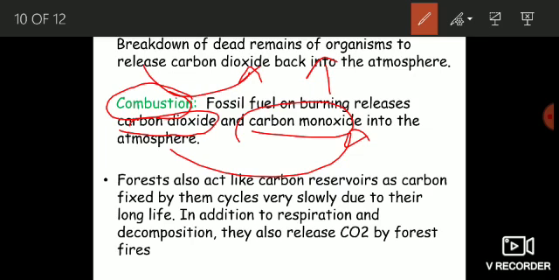And in addition to this, the forests are believed to act like carbon reservoirs because the plants have long lifespans and hence they cycle the fixed carbon in them very slowly. Okay, they fix the carbon dioxide and that fixed carbon dioxide remains in their bodies for longer time durations because they have long lifespans, and they are believed to act as the reservoirs of carbon dioxide, and they recover the carbon dioxide by respiration and decomposition. And in addition to this, sometimes due to accidental fires, a lot of carbon dioxide is released by the forests